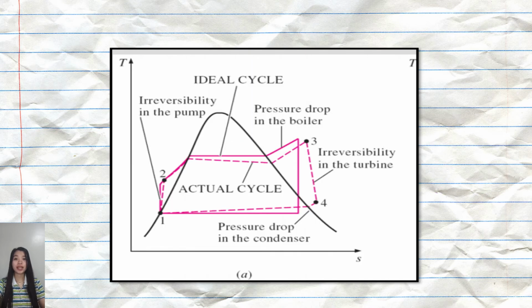So the compression and expansion by the pump and turbine are not isentropic. Basically, these processes are non-reversible and the entropy is increased during the two processes. It does not remain constant. So it will increase the power required by the pump and reduce the power generated by the turbine, mostly due